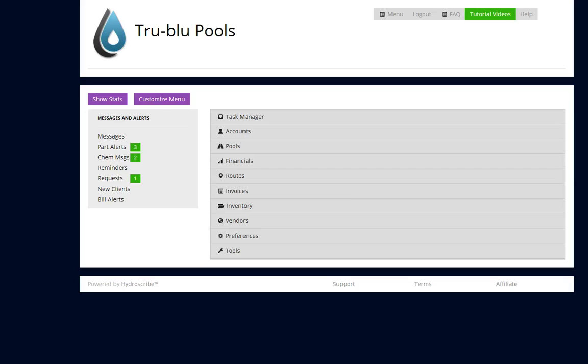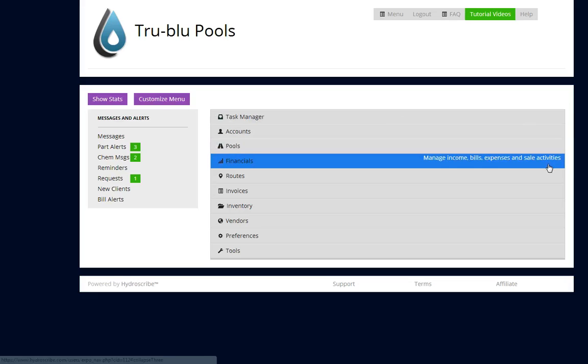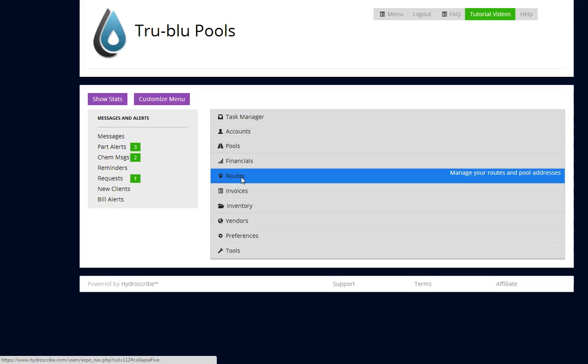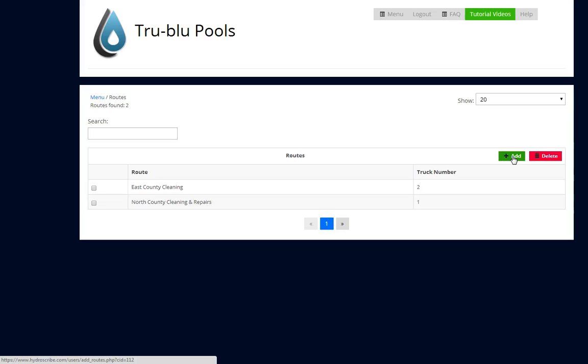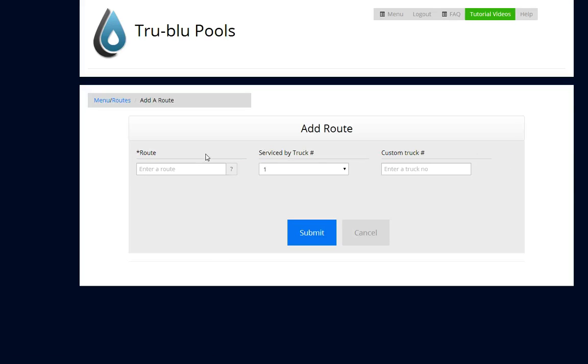These four things should be done in order. So the first thing that we're going to do is create a route record. To do that, we go to Routes, Manage Routes, and we simply click the Add button, and we type a name for the route, for example,